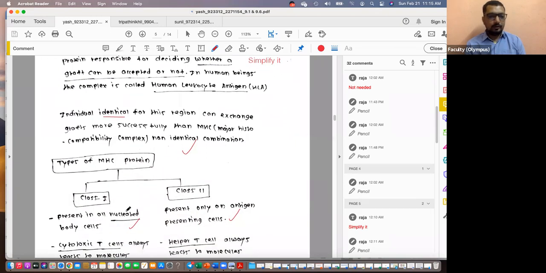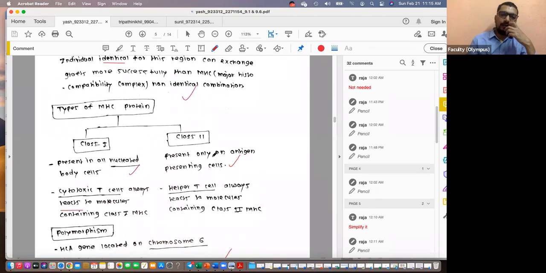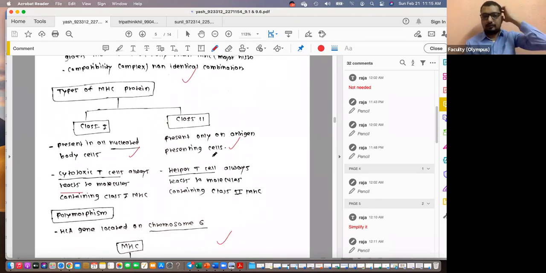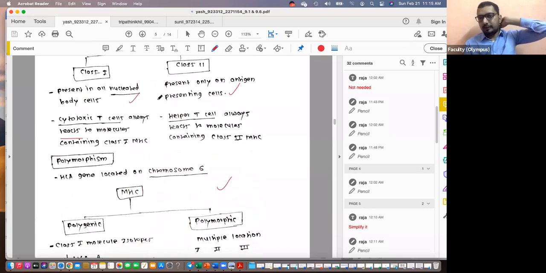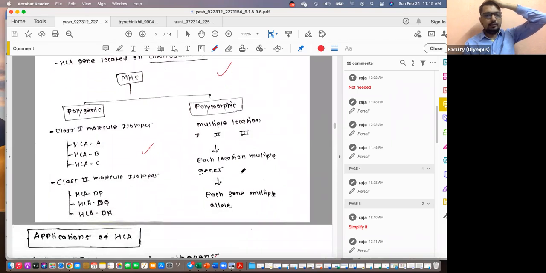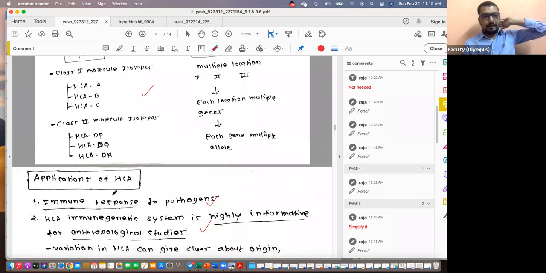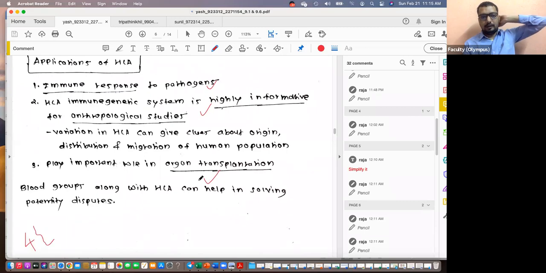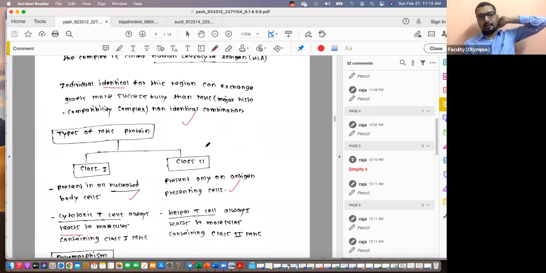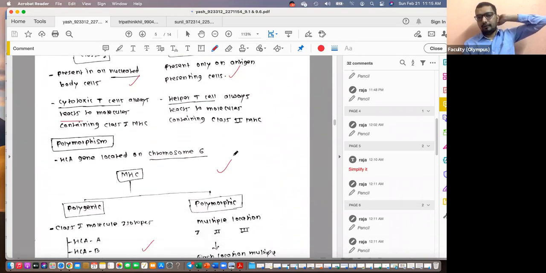Otherwise, flowchart use is great. So you talked briefly about class 1, class 2. For a 10 marker, you may not have too much scope here, but yes, mentioning class 1, class 2 briefly is sufficient. And you talked about polymorphic nature, polygenetic, polymorphic, this much is enough. I think if you say A, B, C locations, DP, DQ, DR is sufficient. Right, applications: immune responses you mentioned, organ transplantation you mentioned, anthropological studies you mentioned. Because of the definition, I took a half mark from this, otherwise you would have got 5.5 marks.